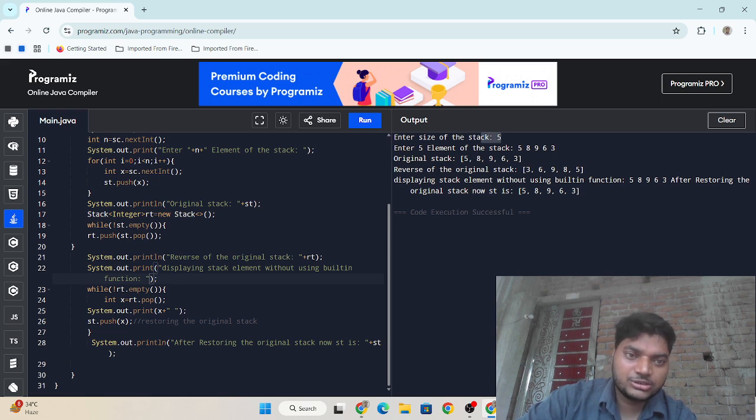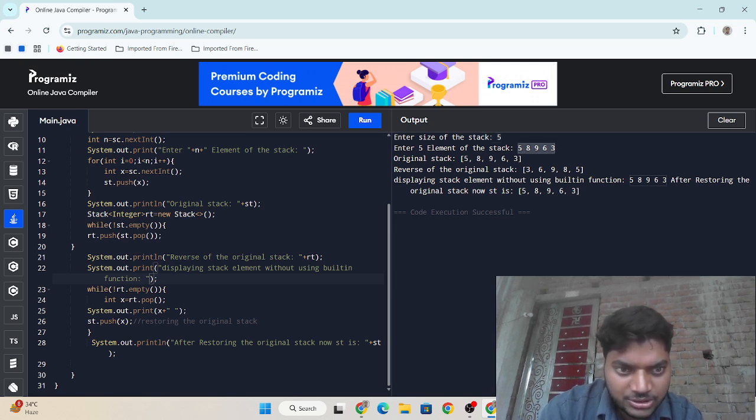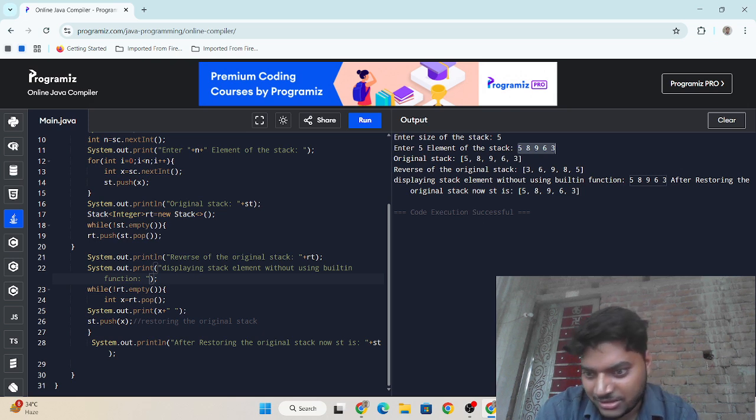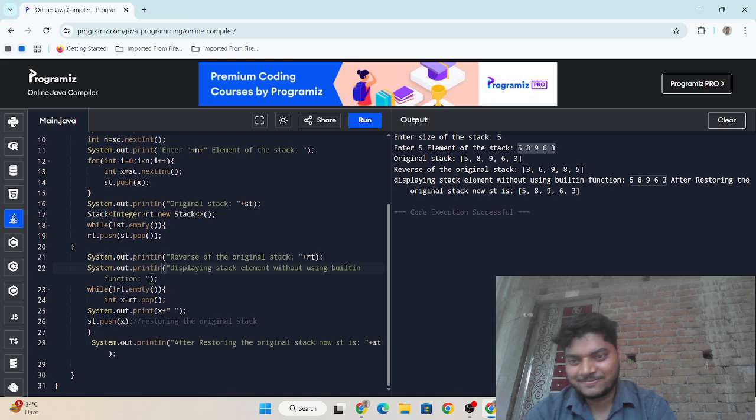Reverse of the original stack is this one. And displaying a stack element without using built-in function, this one. And after restoring, I have not put ln here, so that's why it is showing.